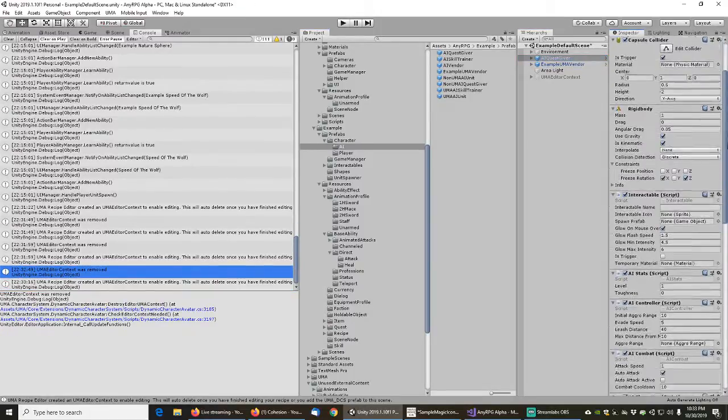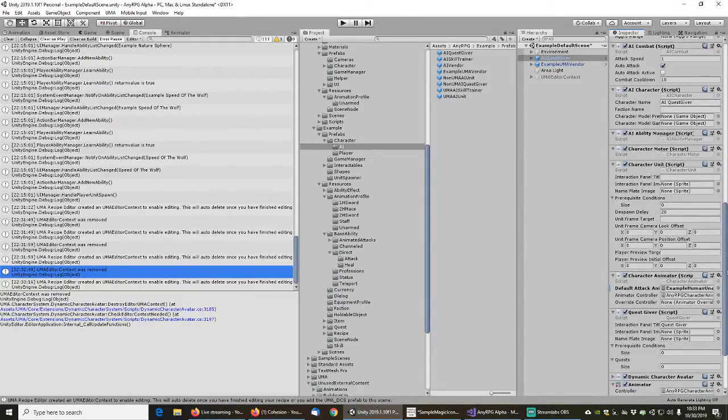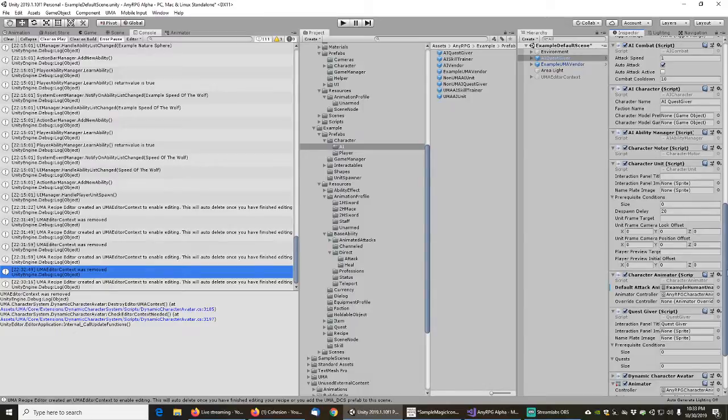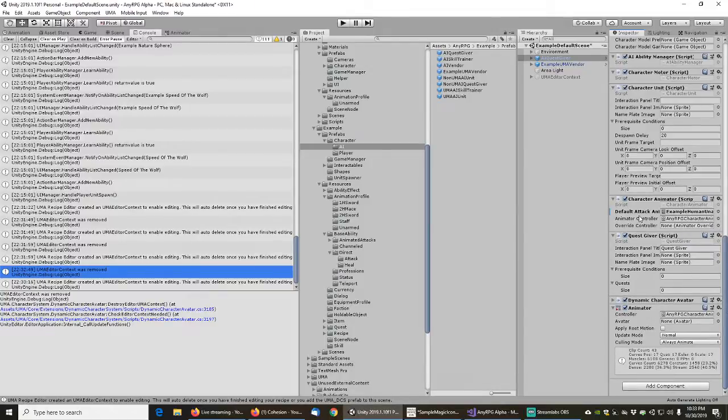So let's just keep looking at this here. Anything else we really need to do? This guy doesn't have any quests. You know, what'd be kind of interesting is just give him like every single example quest in the game. That would be kind of neat. I think I want to do that, so